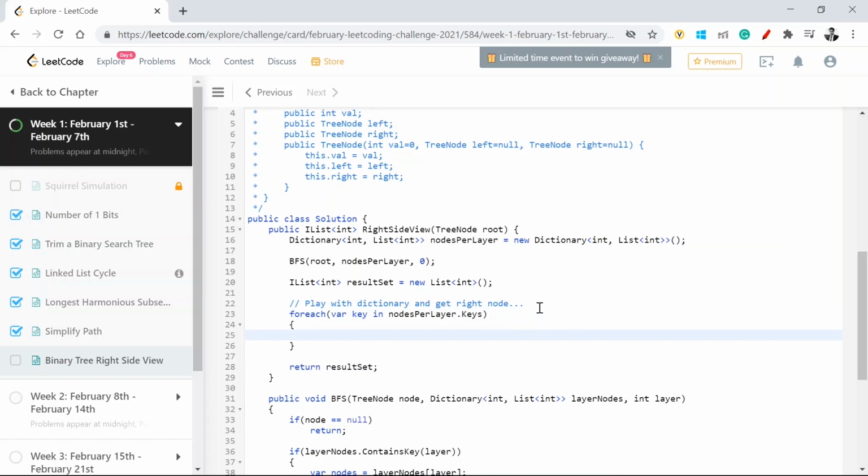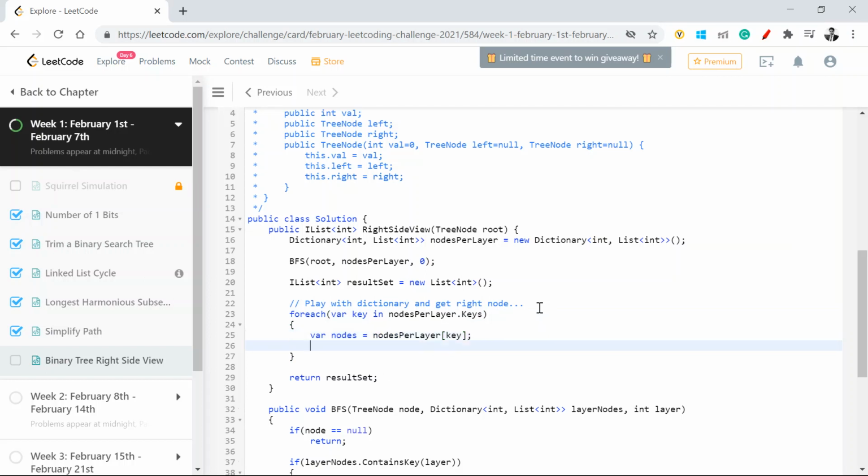I need to pick all the nodes for that particular layer, and all I need to do is add to the result set the rightmost of that particular node, which will be nodes.count minus 1.